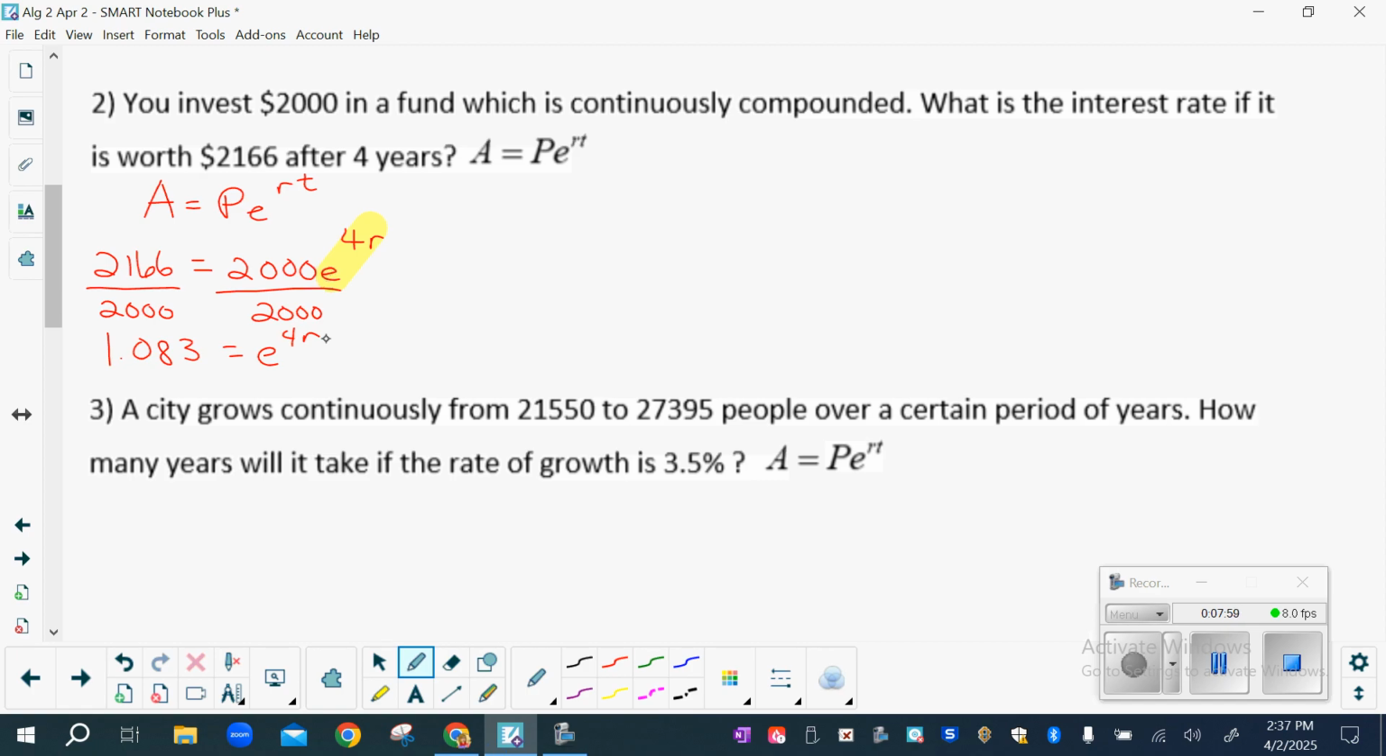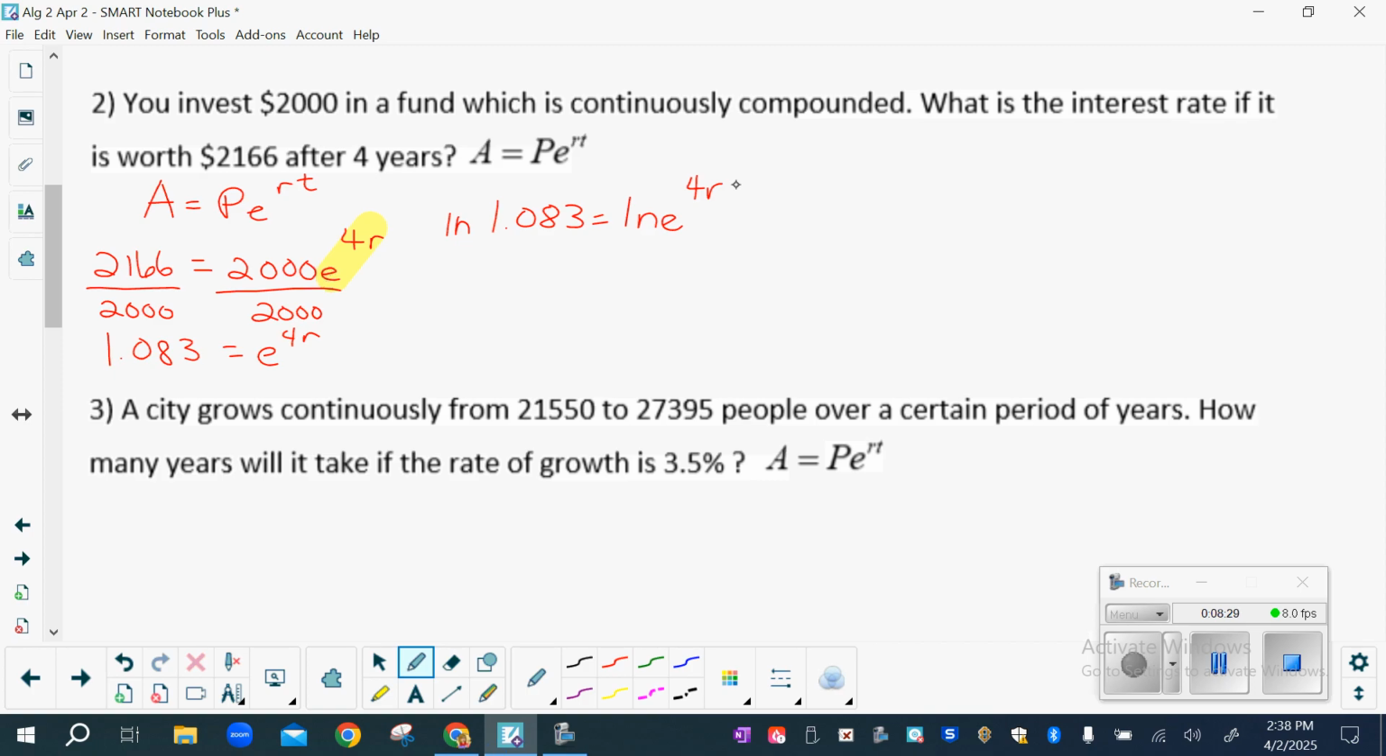I gotta do it on both sides? On both sides, that's right. So natural log of 1.083 equals the natural log of e to the 4r. So the reason, can anybody answer why we're using ln here rather than regular log? That's right. That base of e means we want to use that natural log because it saves us a